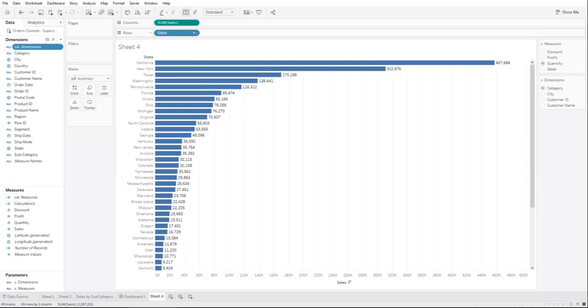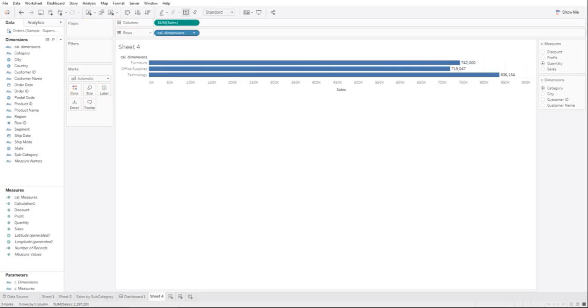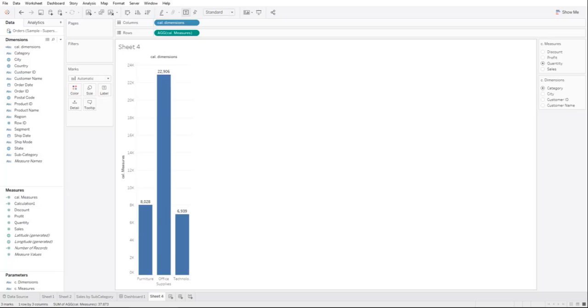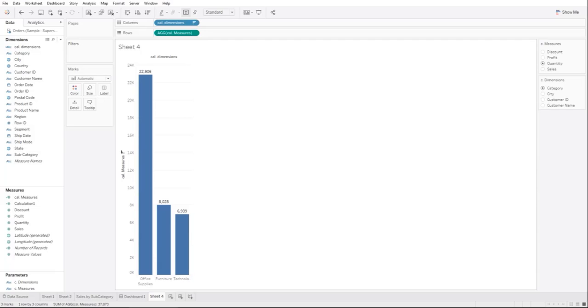We will replace these different dimensions and measures with the calculations that we have created. So we will replace the dimension for the state, and then we will put the new calculation right on top of the sales. We will change the chart from a horizontal to a vertical, and let's sort this. So once we have that done,